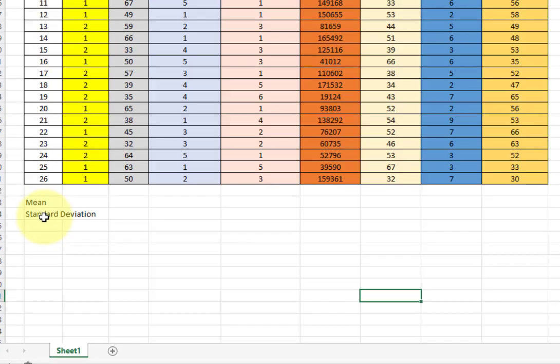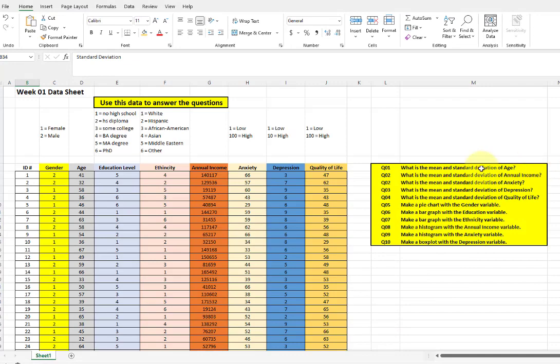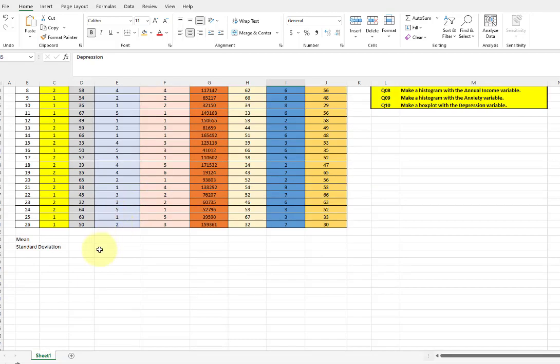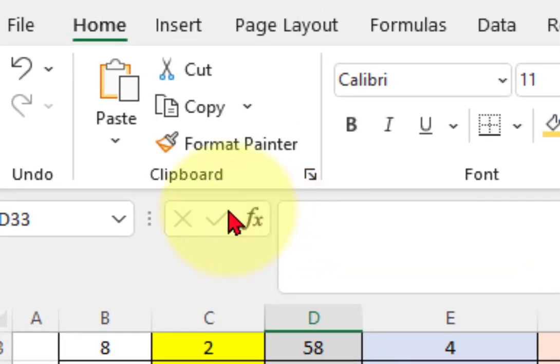So spell them right, I hope so. Okay, so we want age, income, anxiety, and depression. So age, income, anxiety, and depression. Okay, so what I'm going to do is go to the mean row, go to the